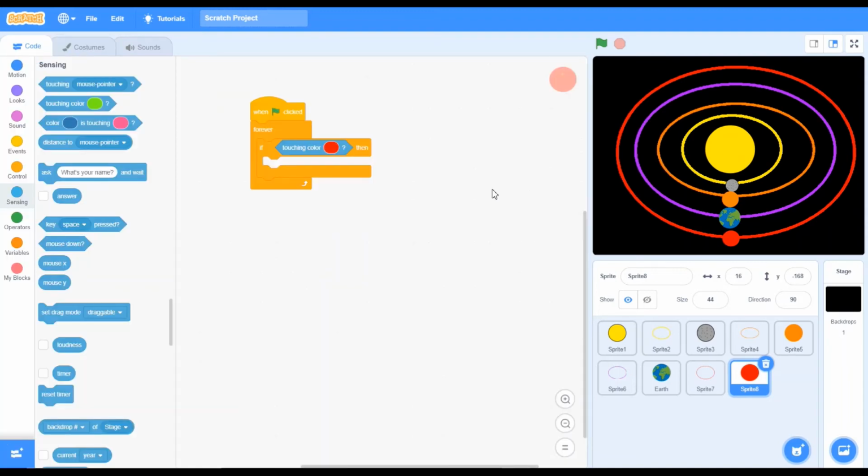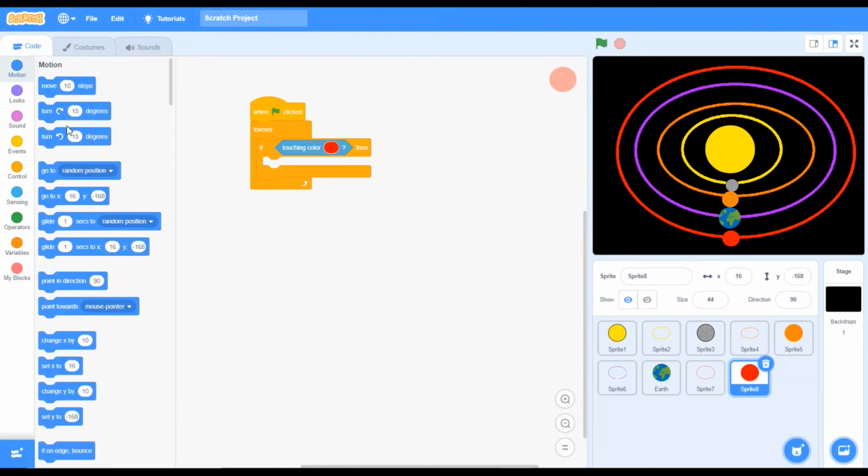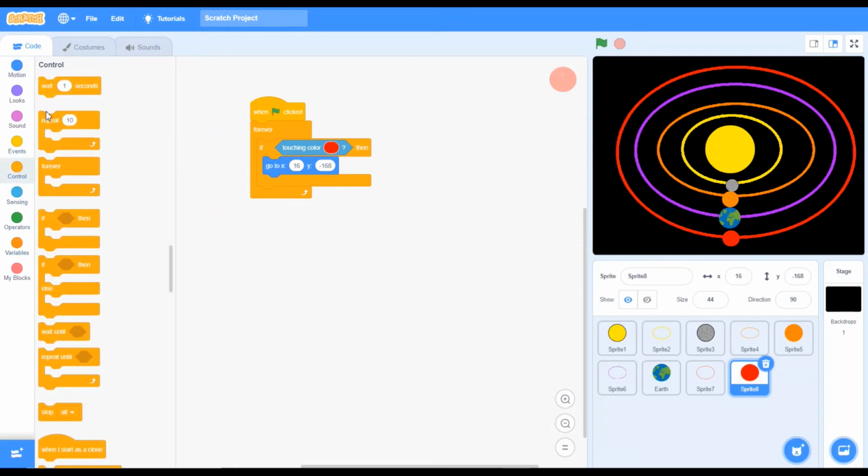Now I can start. The respawn point will be this: x 16, y negative 168. Now again the changing begins. I hope in 2.4.0 it should happen. Then Mars is going to be very big.